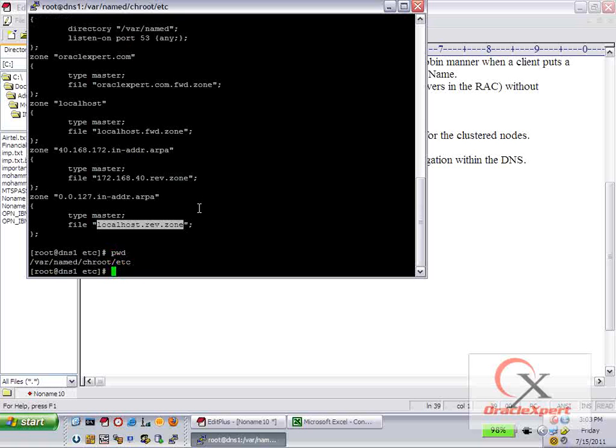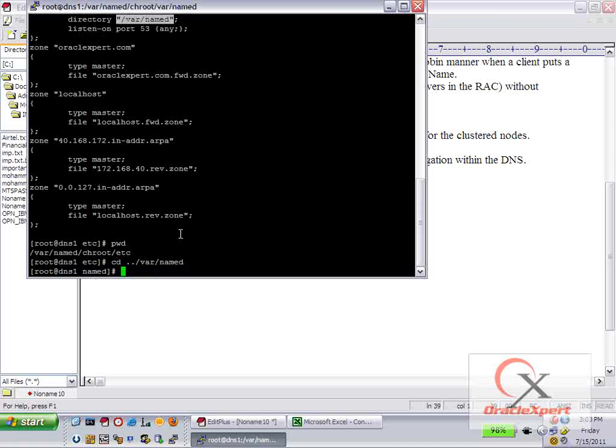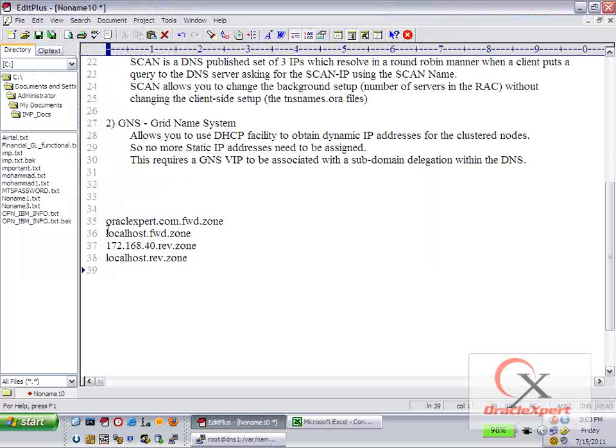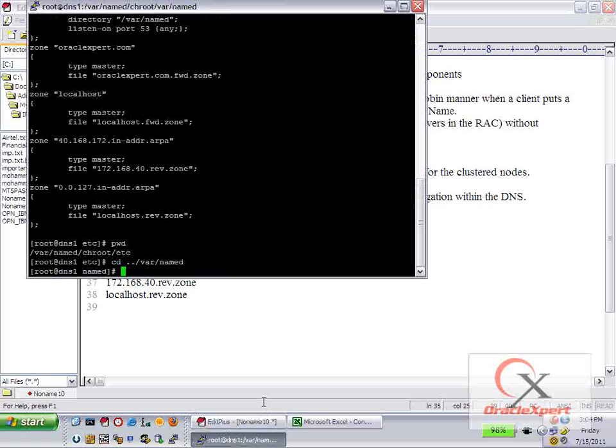currently I am under chroot etc configuration. Now I need to move under var named, where these files are expected. This is the name that you gave. This should be where your files should be located. Now I am going to configure my first file. It's going to be a fairly long configuration, and it could be even more complex than what I am trying to show here. That depends on how many machines are there in the cluster, and whether you are going to list all those machines with all their details in one go, or you are going to periodically revise